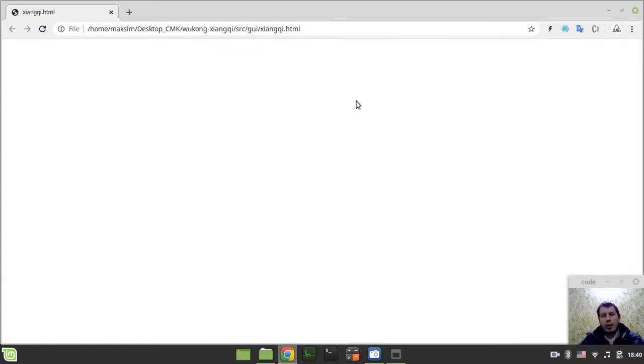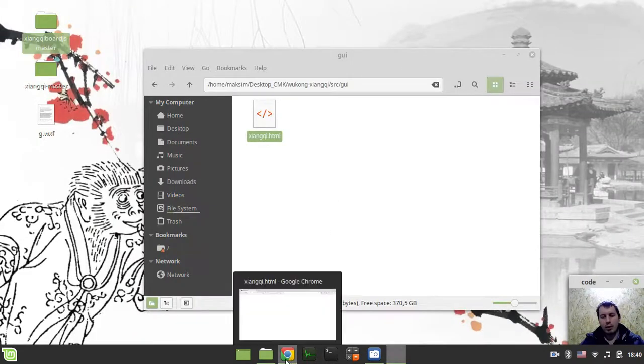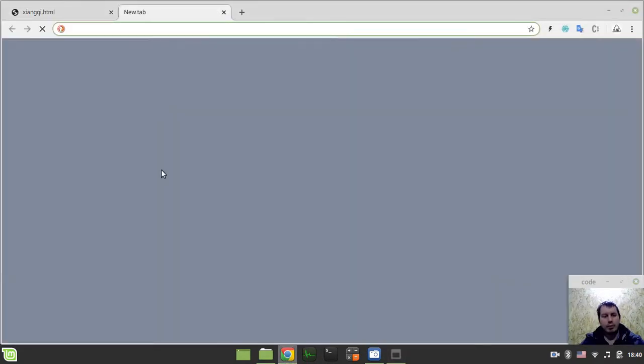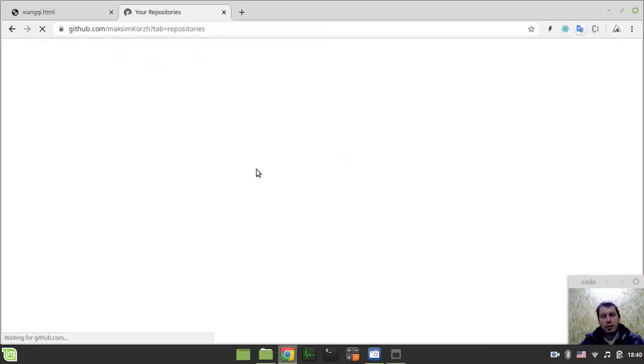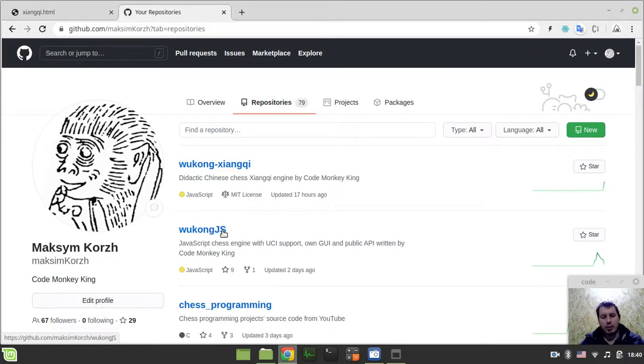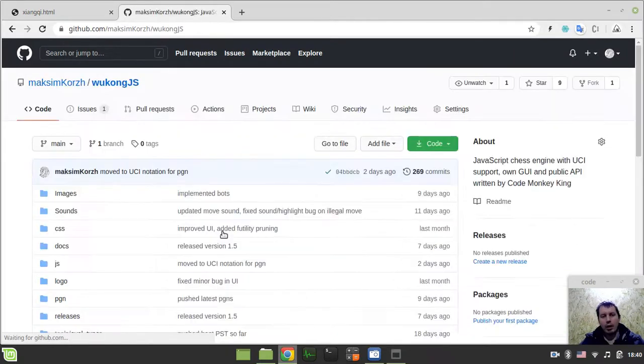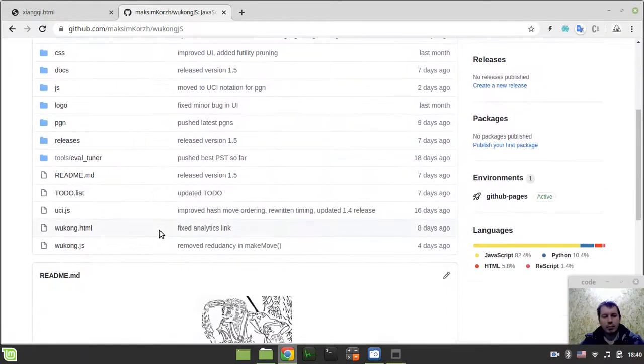Okay, so we have a blank HTML now, and I just want to open my Wukong.js as the reference, because many things like the general HTML layout would be the same. Also, I have some plans and ideas in mind, not exactly regardless of this project, but probably a side step away from it, something like